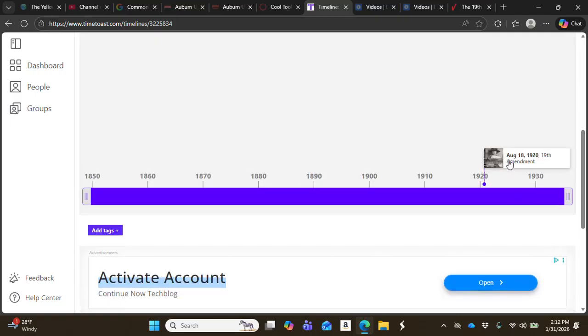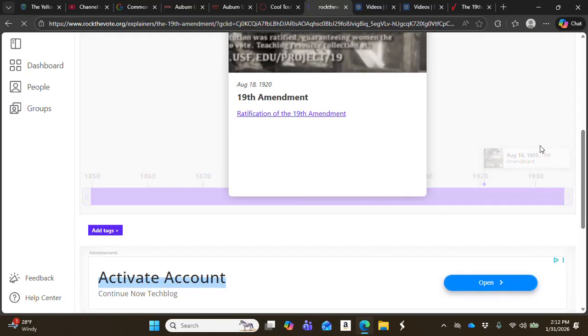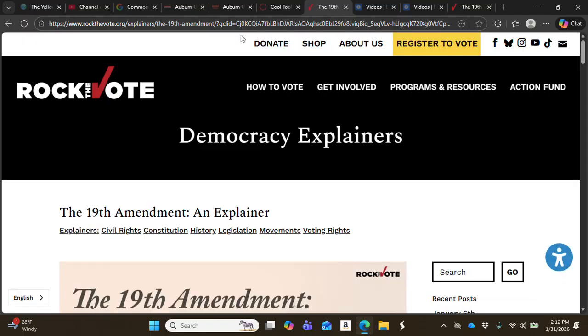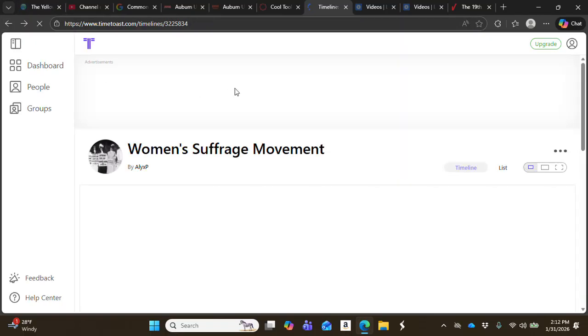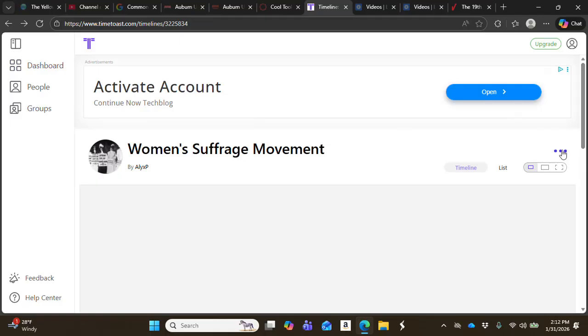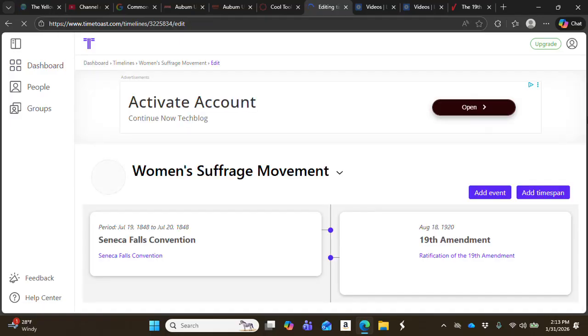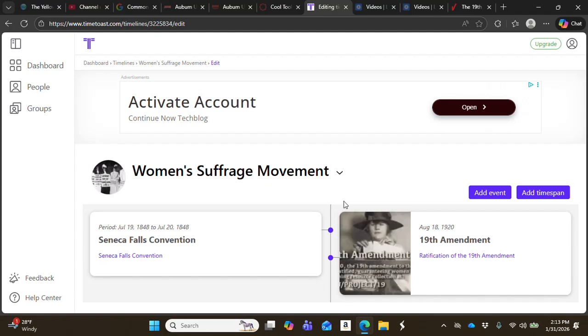And I'm going to check this link by clicking on it. And it does work. It works just fine. So my links are good. Now to go back to editing mode, click the three dots at the top, go back into edit. I want to add a couple more things to show you what happens if you do not put in a link in the correct way. So I'm going to add